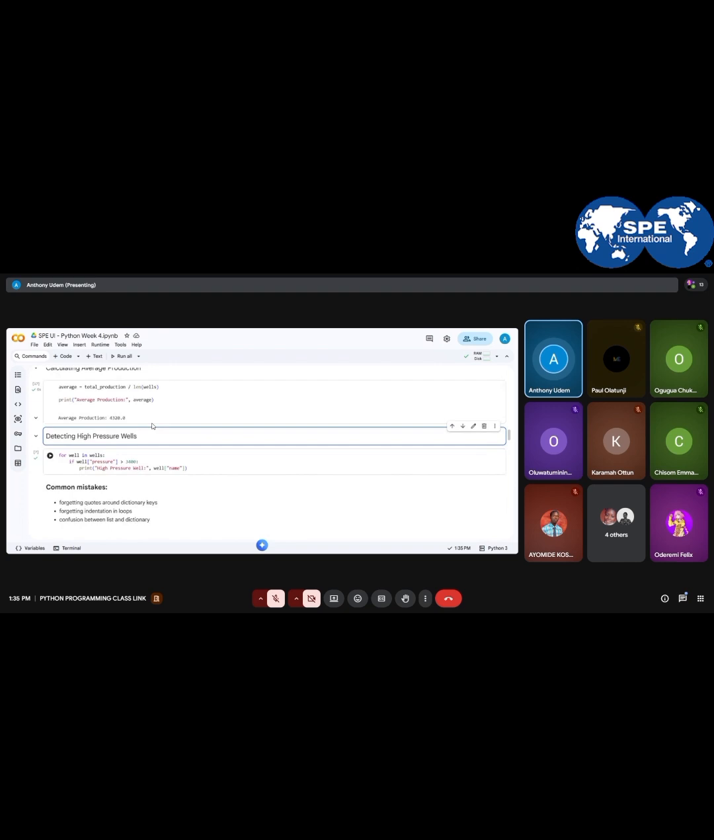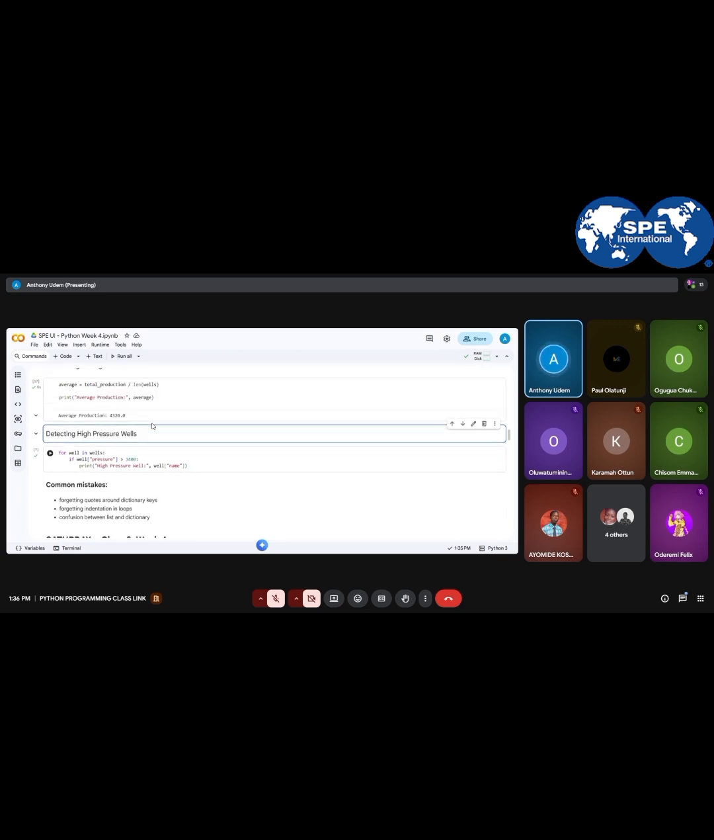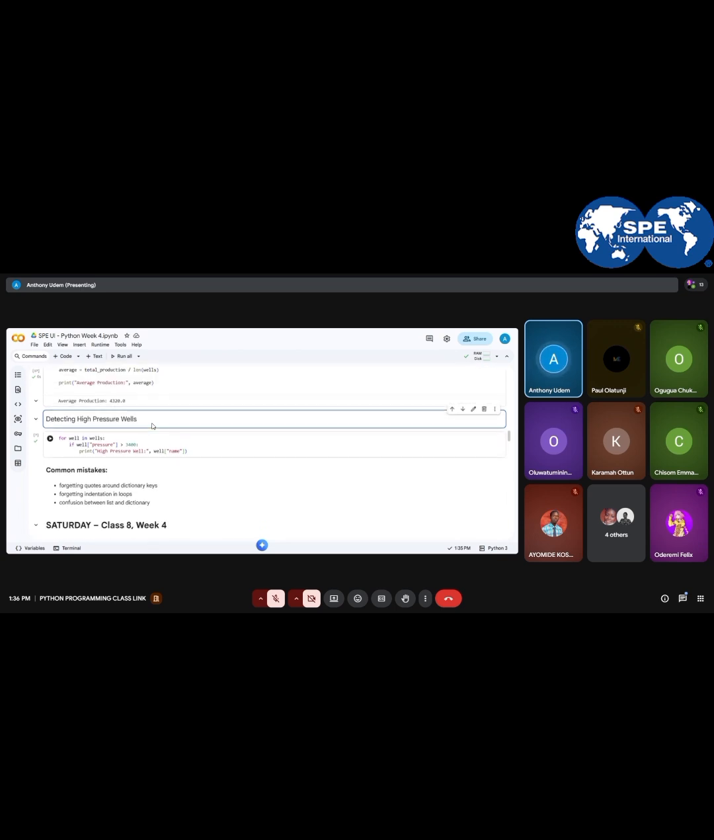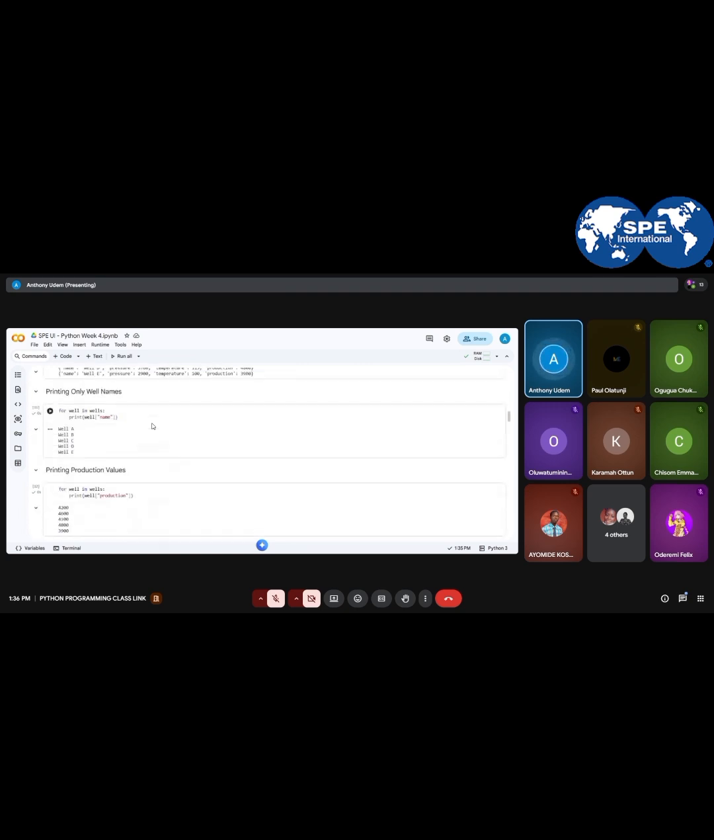Fine. So we go ahead to what? Detecting high pressure well. So we want to know which of the wells have high pressure. If you look at it, you are trying to check for well in wells. If well pressure is greater than 3,400, so you are using 3,400 as our threshold value, meaning that anywhere that is above this particular value means that it has high pressure. Now, if you run this code, you are going to observe that only wells that their values are above 3,400 are going to be printed out. If you go back and look at that,